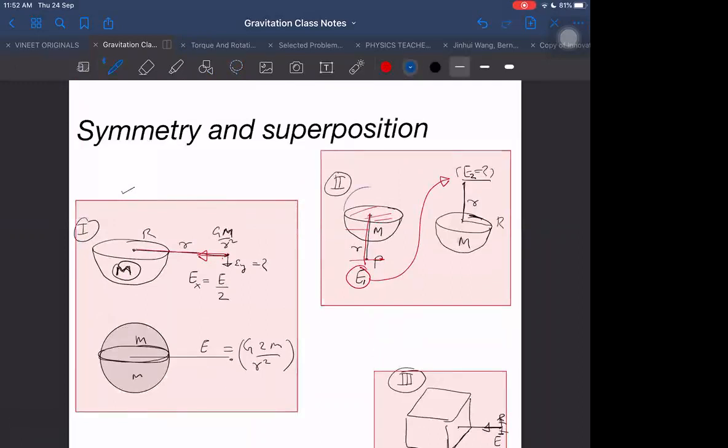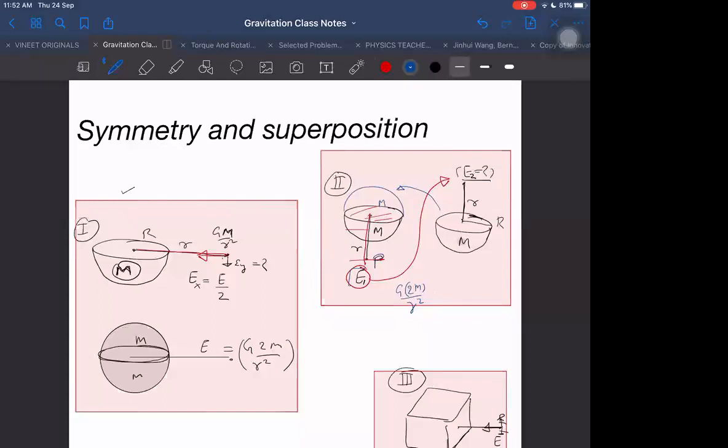If you move it up like this, this way I move it up, here on this side. Now in this place, I know what is the net field. Do I know the net field at point P or not? I know the net field at point P will be G into 2M by R square. That will be the net field or not? Yes, sir. G into 2M by R square.